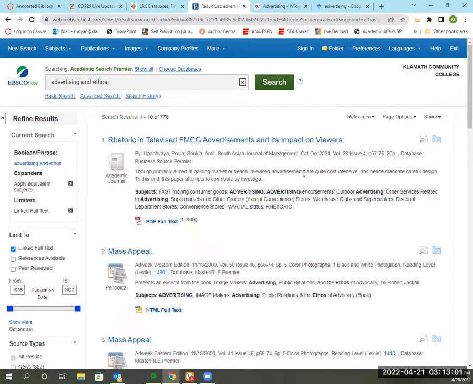What you want to do, and this is why it's a good idea to do your observations and analysis first, is that then you can look at, well, what kind of an audience did it seem like they were marketing towards? And if you think, oh, well, they were marketing towards men in this particular advertisement, then you can look at advertising and marketing to men, right? And find